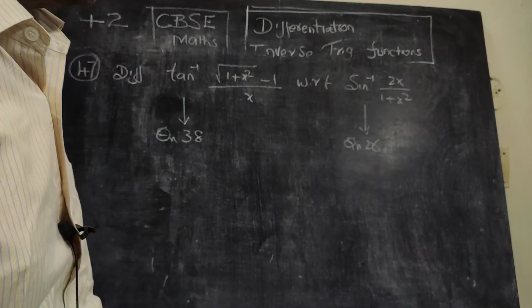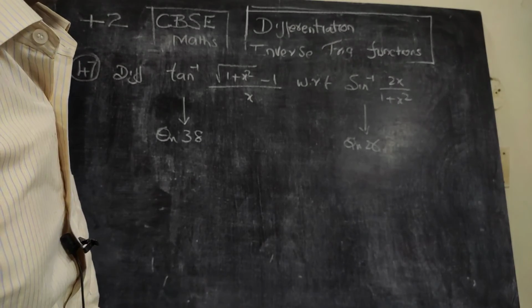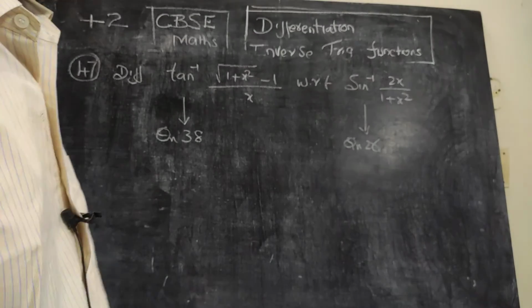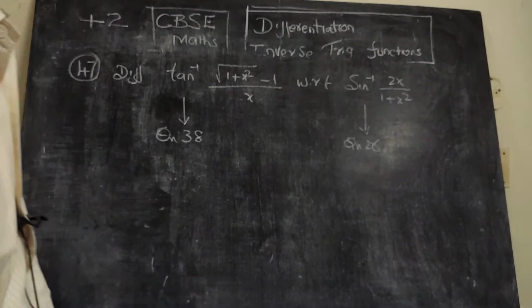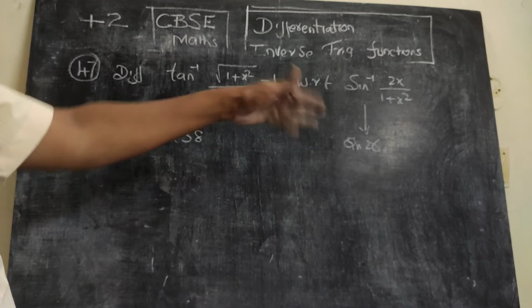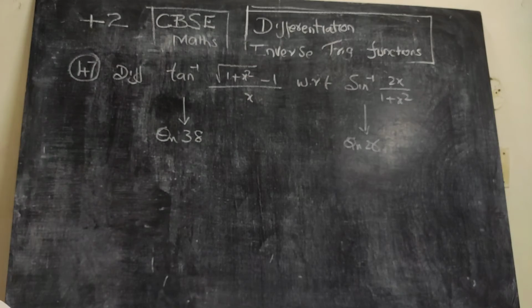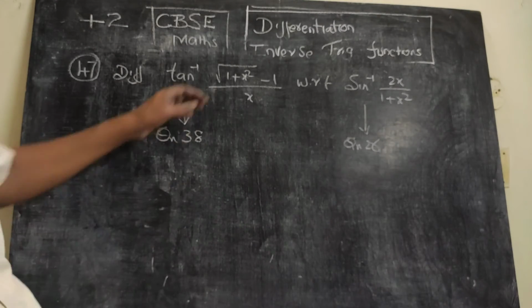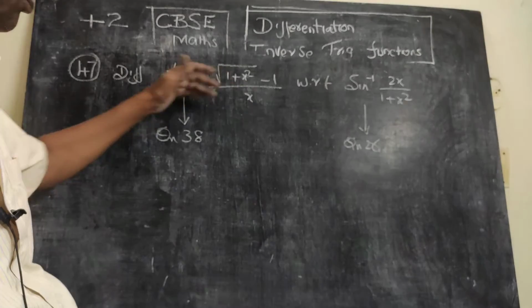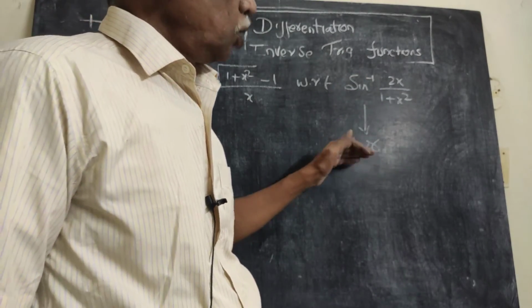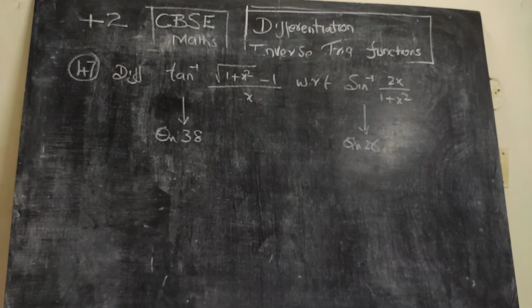Here also putting x equal to tan theta, 2 tan theta by 1 plus tan square theta, which is nothing but sin 2 theta, so it becomes 2 theta. Sin inverse of sin gets cancelled, theta is nothing but tan inverse x, and then differentiate that. So this one, du by dv, you can find out. However, in case you find it difficult, for this part you can refer question number 38, and for this part you can go to question number 26 in the earlier videos, and then find out the differentiation of the first function with respect to the second function.